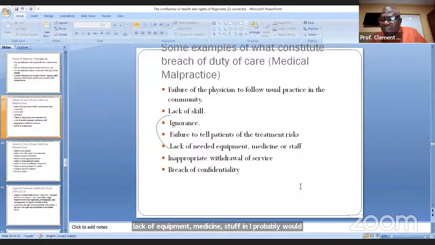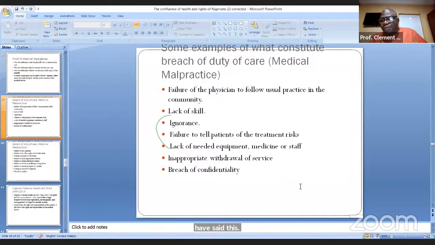Maybe you are doing a withdrawal and the patient insulted you. You just walk away: I will never see that patient anymore. That patient has insulted you, quite all right. There's already conflict of interest. Remember we said a while ago, it's your right to say, I will not look after this patient, except in an emergency. What you ought to have done is to complain to your head of department or to your CMD: this patient just insulted me, I'm transferring his care to Dr. XYZ. If you withdraw your services inappropriately and the patient suffers harm, he can sue you.